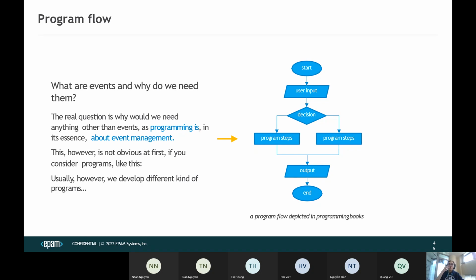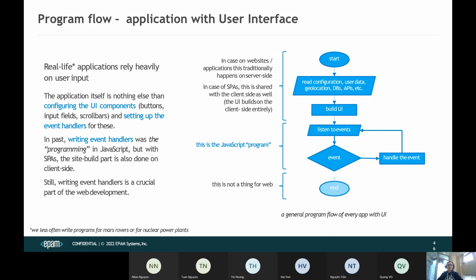But in the world of modern web development, our scheme looks a bit different. Let's see how a scheme closer to a real-life application looks. First, our application starts up. For example, I go to the react.org website, which I suppose I mentioned way too frequently during this lecture. Okay, let me go to the google.com site. So the initial code is being fired, the HTML is being shipped to my client, and I see this familiar